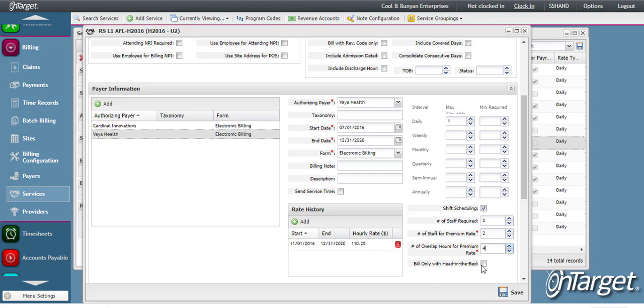Lastly, check the box Bill Only with Head in the Bed when the selected service bills where the client is at 11:59 p.m. When this is checked, the system will look at notes against this service, and for any note that has an 11:59 p.m. end time, the note will get imported to billing once approved. Any notes that don't have 11:59 p.m., so other shift notes for example, will not trigger the billing upon note